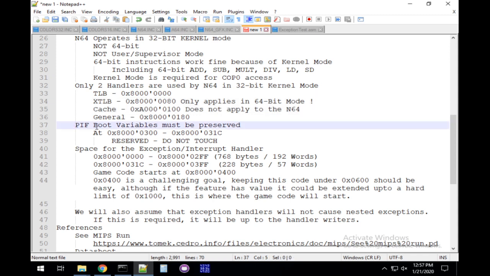One of the interesting things to note is that the PIF, which is how the console starts up, writes out some really handy variables in this memory range, the 8300 to 31C. And we want to be very careful and leave those alone, but you see that these are kind of in the middle of our range. So we're gonna have some code that starts here. We're gonna have some more code that starts here, and